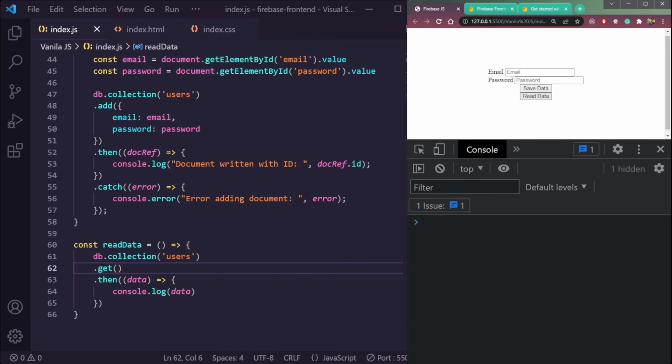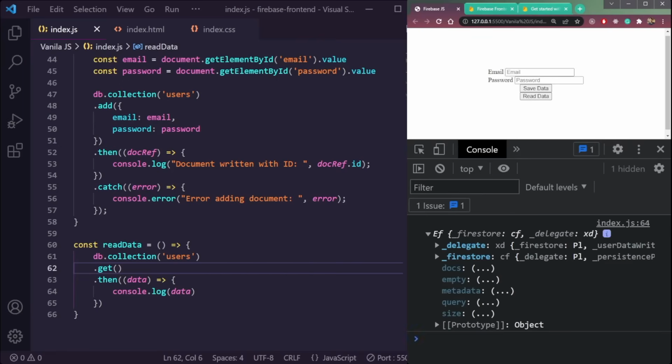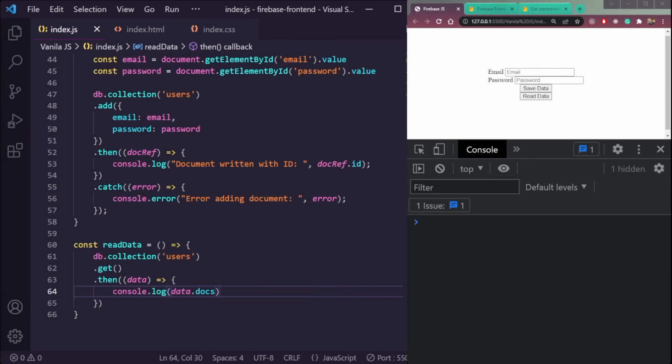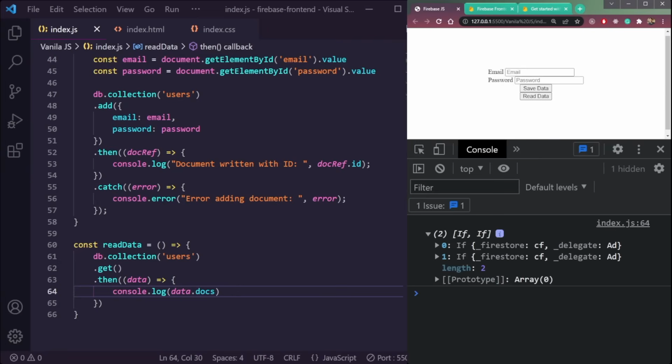Read data. We are getting this data here, but it's not clear to us what this is. So let me just filter it out. So data to docs we can do. We have to get the documents inside. So we will use docs. So read data again. So we are getting this array here, and inside this array we have to find our